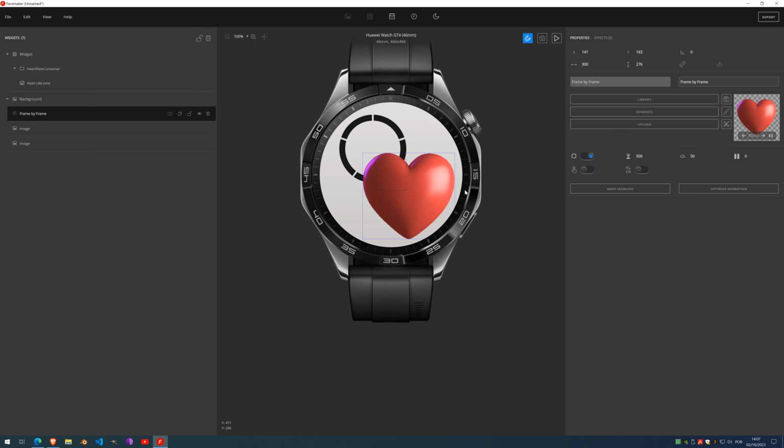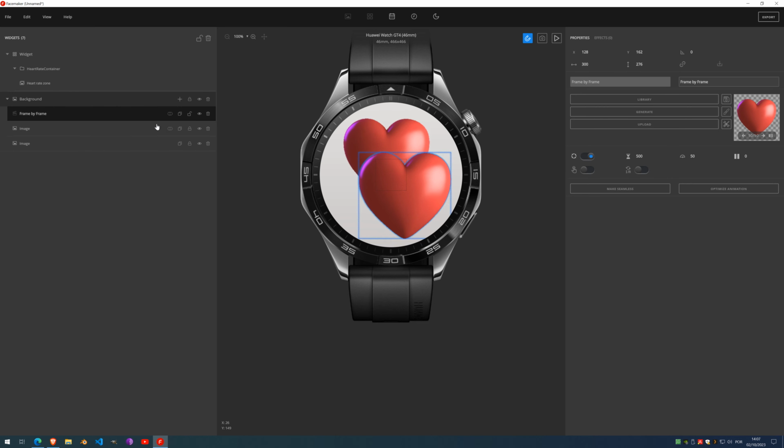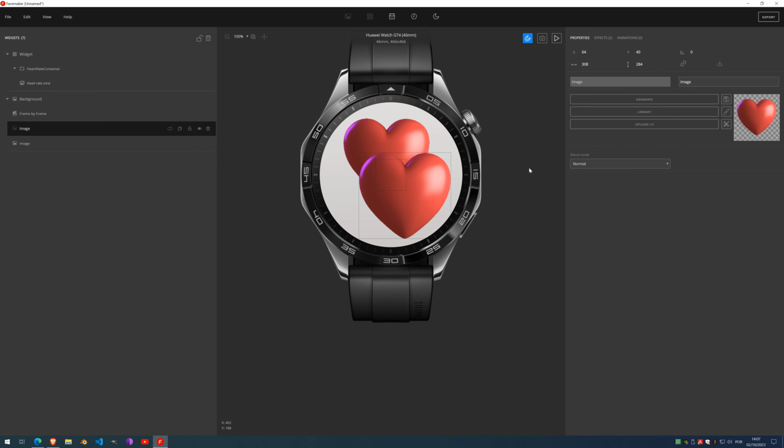Now I am going to copy this last frame here, the 10th frame, and click the image preview and press Ctrl C, and then select this image here, click the image preview and press Ctrl V. There you go. So you see, you can do this for just about any widget, simply by copying the frame you want here, clicking and pressing Ctrl C, and then Ctrl V on the image widget you want. This can be done also for